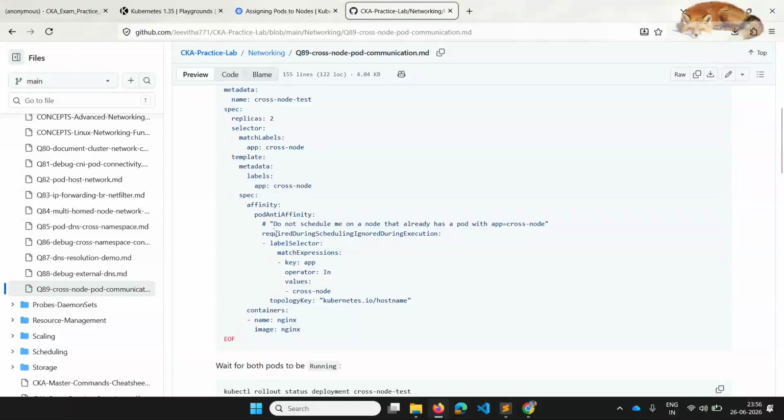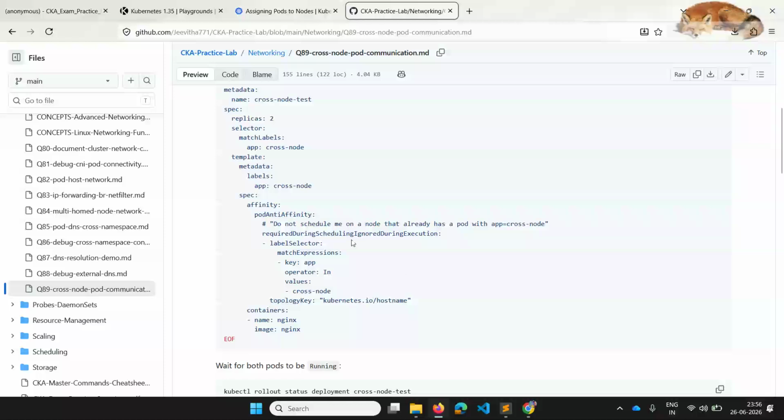I'm not using preferred. So this forces the second pod to be placed in a different node. Pod anti-affinity is nothing but two pods can't be in the same place.